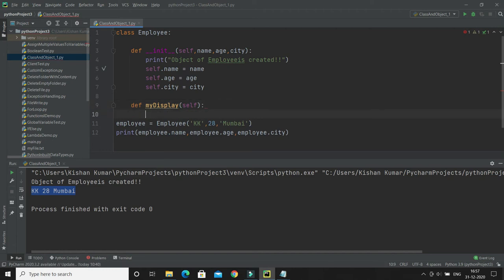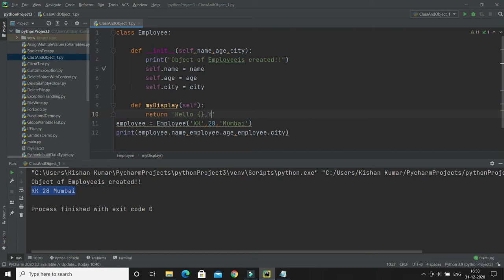This function returns one value, and when I call this my display, it will display the person information. Here I'm going to return one string. I will say hello and the name. Here I'm going to put a placeholder which ultimately I will replace with the name of the person.